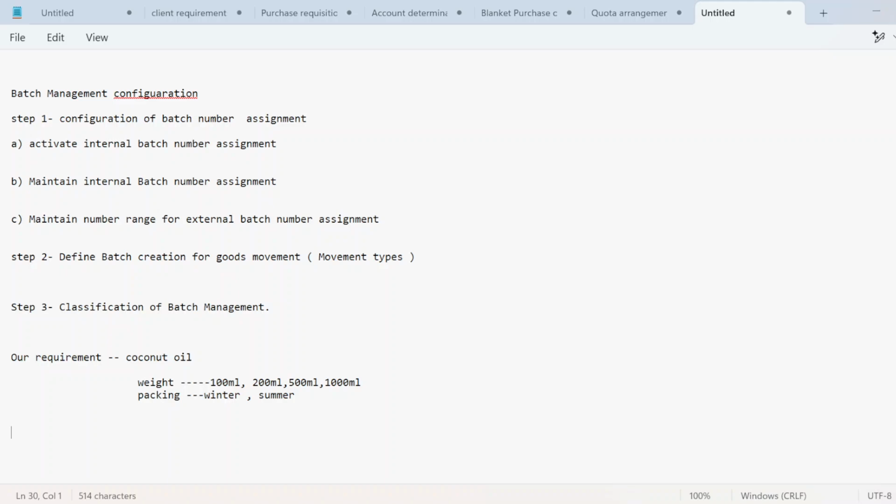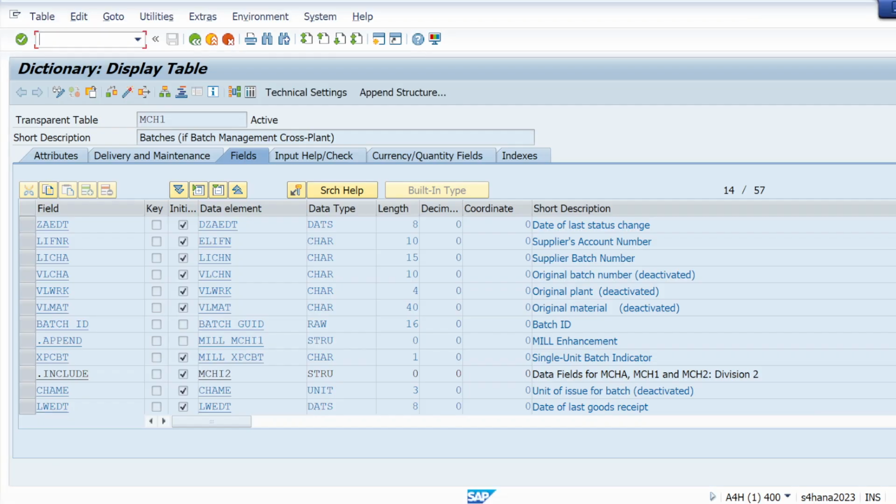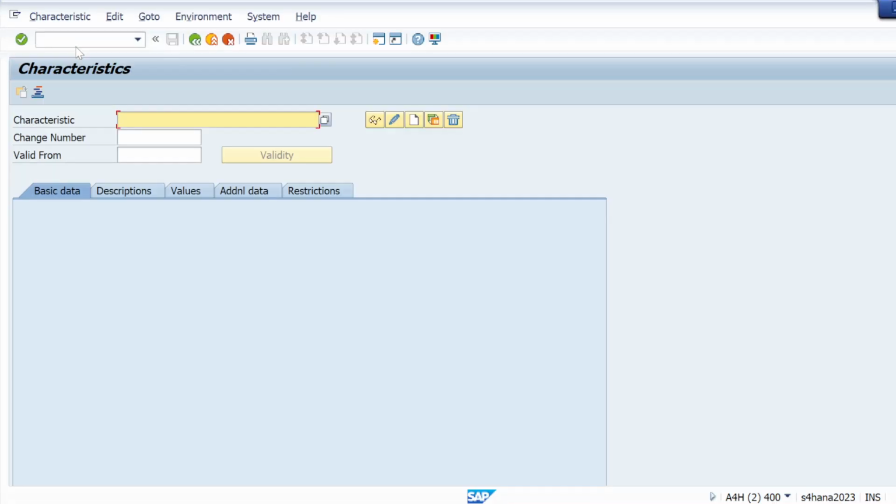And what's the T code to create a characteristic? Simply I will use T code CT04. So let me open one more session here by using T code /o and CT04.